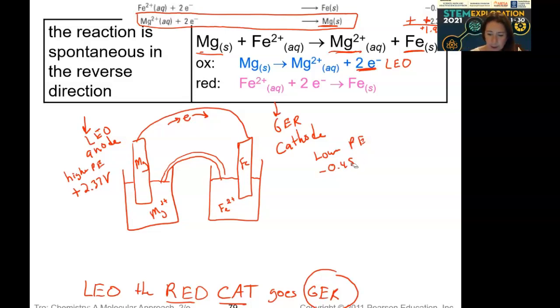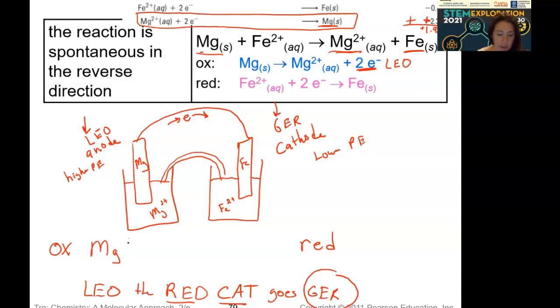Actually, I'm not going to do that right now. I want to do the cell notation before we do this more. Let's look at the cell notation. So remember, in our cell notation, we always have our solid. It's always oxidation on one side, reduction on the other. Oxidation is always written on the left. So if we look at this, we have